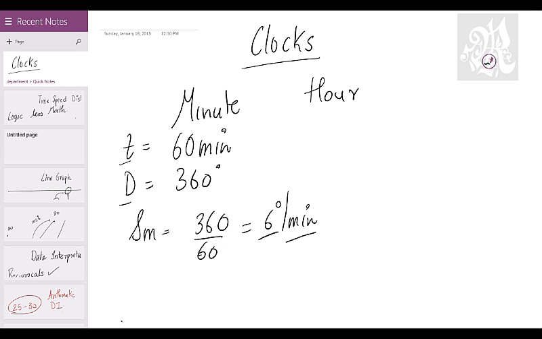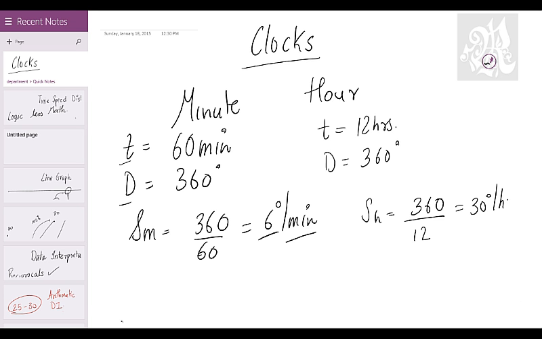Okay? What about the hour hand? How much time does the hour hand take to finish one circle? 12 hours. Okay? So it takes 12 to 12, right? 12 hours. What about the distance traveled? Again the same, 360 degrees. So what will be the speed of the hour hand? Distance upon time. So you can say 30 degrees an hour. But since this is in minutes, I want this also in minutes. So I'll not keep hours. I'll convert that to minutes, so it's going to be divided by 60. And that's how you get half a degree a minute.